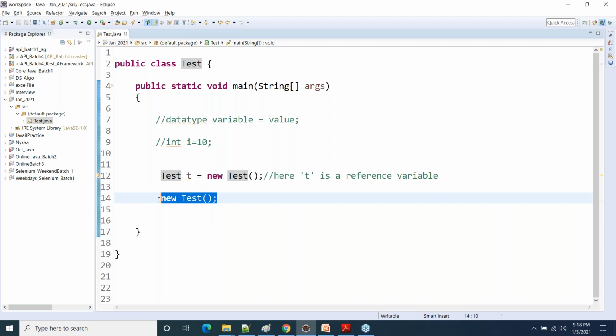Anybody have any doubt? Gaurav is asking one question. If we are using different classes, then object of which class? It depends upon your requirement. If you have created 10 classes, which class object you want depends upon the requirement. There are no guidelines for it. There is no rule for it.